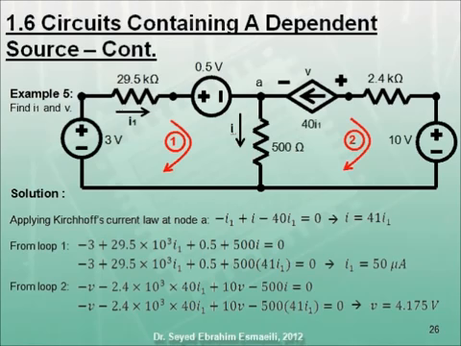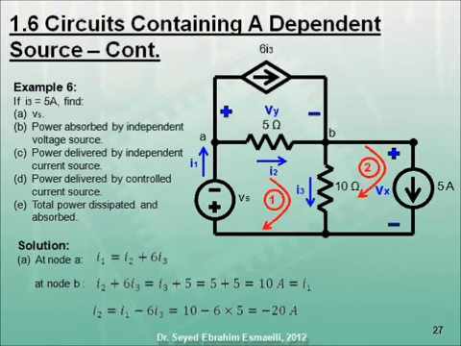Applying KVL to loop 2, we obtain minus V minus 2.4 times 10 to the power 3 times 40 I1 plus 10 V minus 500 times 41 I1 equals 0, from which V equals 4.175 volts. In example 6, if I3 equals 5 amps, find Vs, the power absorbed by the independent voltage